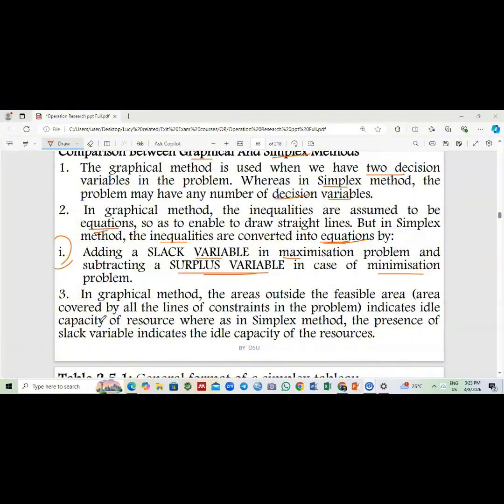So idle capacity of the resource is indicated, whereas in the simplex method, the presence of a slack variable indicates the idle capacity of the resource. Especially in linear programming, what is called the graphical problem,